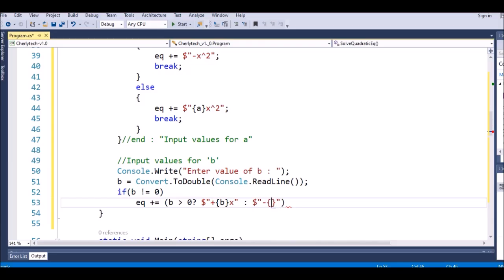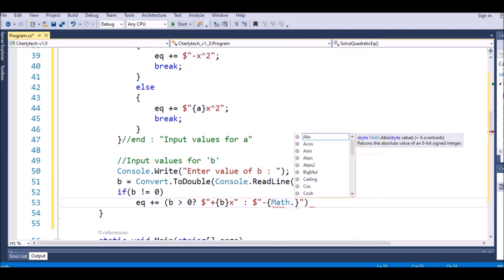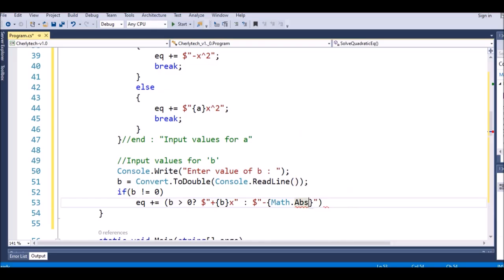And we use the Math dot Abs, absolute, right? Absolute for B. We use the math function to show that. And after that, X. It means that when the value of B is minus, we use absolute for the value of B, and then we put the sign minus followed by the X, like this. So we end this one,